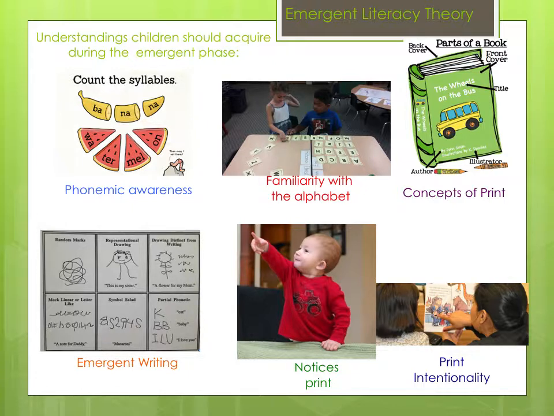Emergent writing. You should start seeing students or children progressing through phases of emergent writing. It may start out with just scribbles or drawings, moving on to random strings of letters. So that definitely shows that students see that there's a difference between a picture and text. And then from there, moving on to more phonetic spellings that shows they're hearing a sound in their head and knowing it relates to a letter on the page that makes a sound.